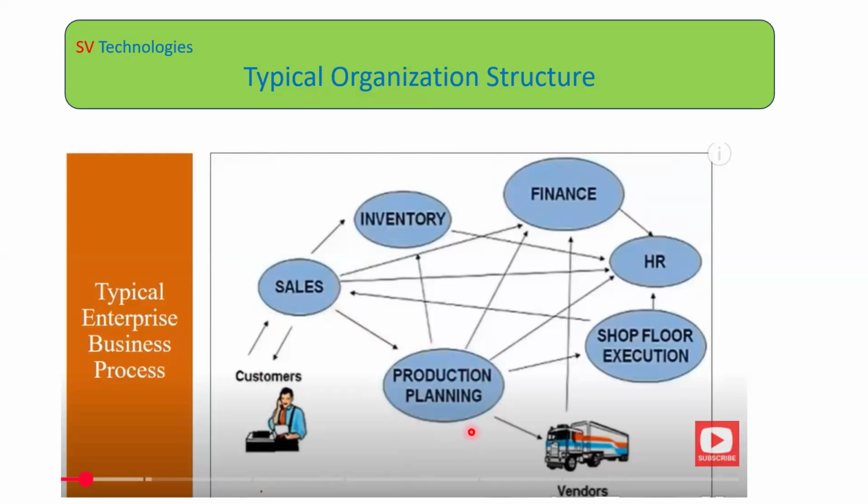So this production planning department again will look for the required raw material to manufacture the red color car. If all the required raw materials are available to manufacture that red color car, then they will pass that information to the production department: all the required raw material is available to start the red color car production. Based on that, the production department will start executing to make that red car. Okay. So once the car manufacturing is completed, again they will pass it to the sales department. Okay. This is another example. So is this clear? How any organization looks like.